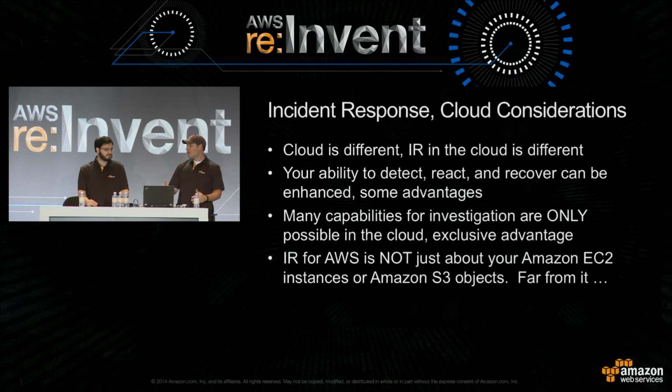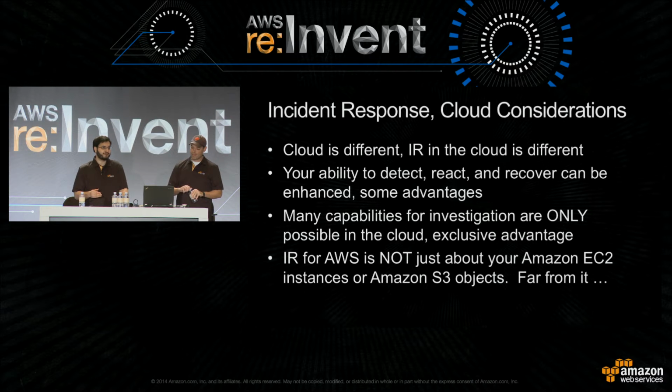So when folks are thinking about incident response, but thinking about it in the context of Amazon Web Services, Greg, what should they be thinking about? So be aware that many of the things that you'll do when you're responding to an incident with, say, a single server in an on-prem environment are similar and directly translate. There are some additional considerations that you're going to want to think about when you're responding to an event in a cloud environment. And there are some new tools that you have to work with.